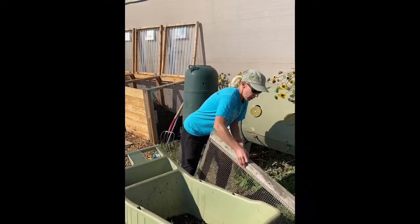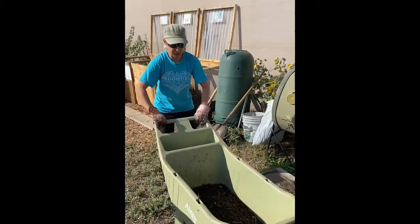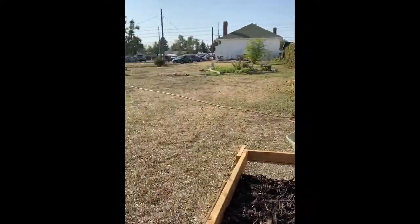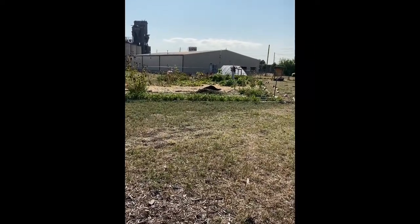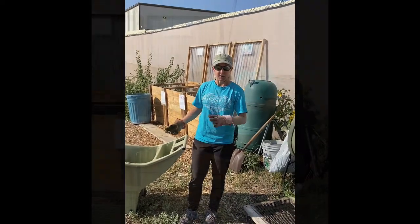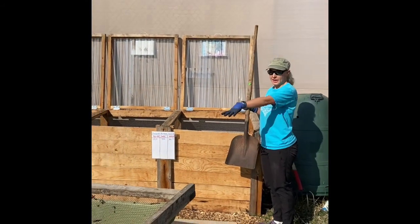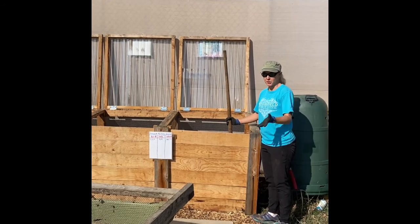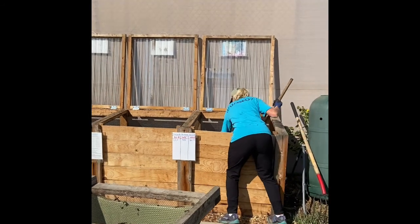And so then once we've got all our finished compost, we can just wheel our barrel over to our finished compost pile out in the garden there. And you can see that taller, dark pile. That's all our finished compost that we've produced here in our compost bins. So once you've dumped the finished compost into the garden, and you have your empty screen here, we're gonna just load it back up with new compost so the next person who comes by can sift the next batch. So I'll just use my shovel,